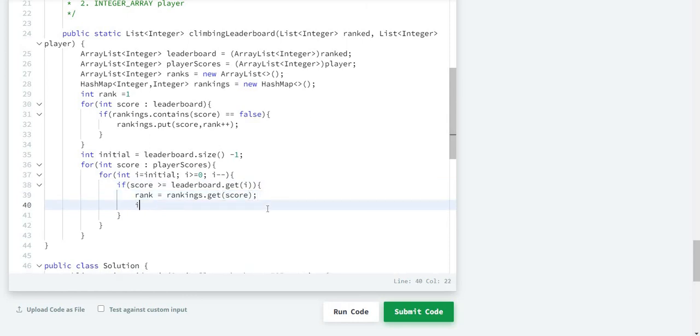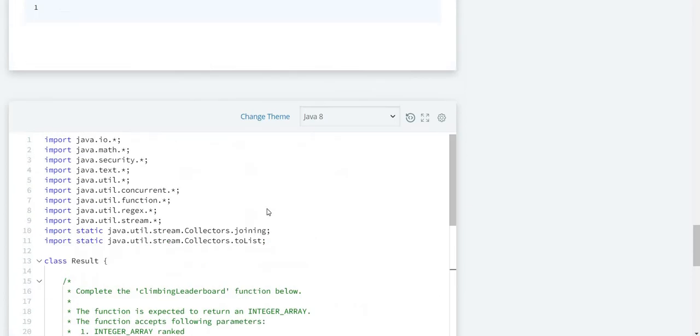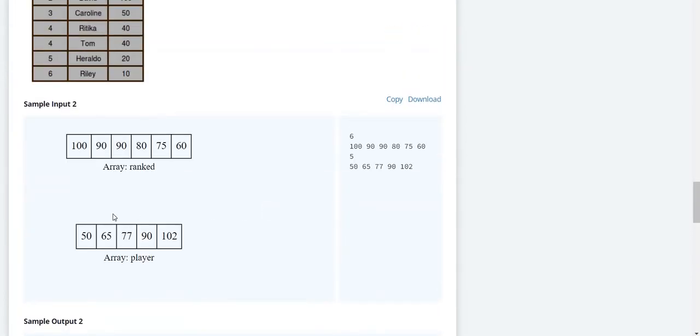And with this we are going to set initial to i minus 1, because if we are taking 65 as player score, so we'll compare it with 60. Now we do not want 75 to be compared with 60 again.